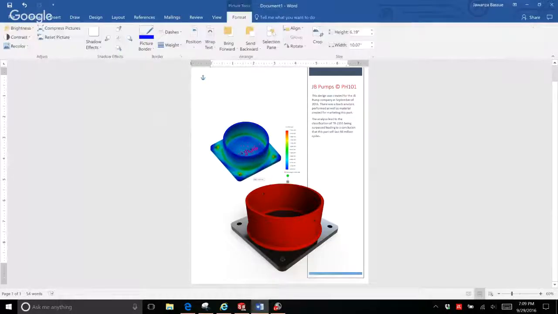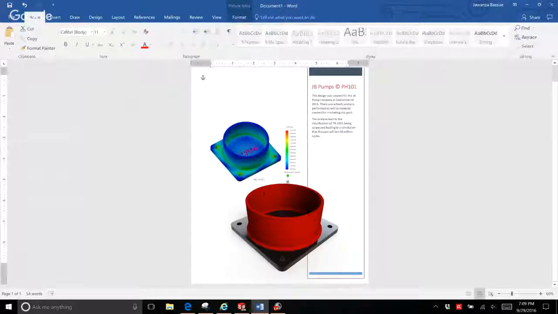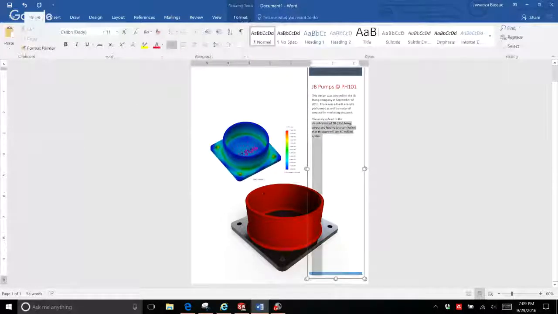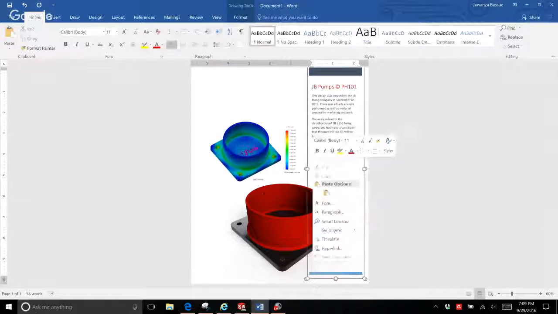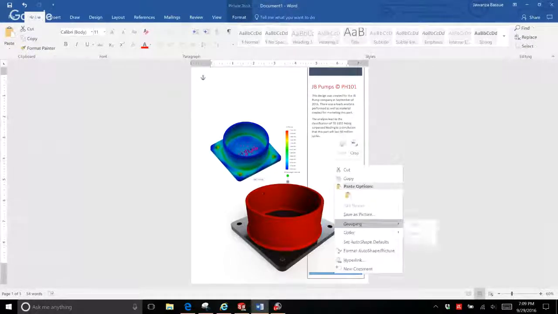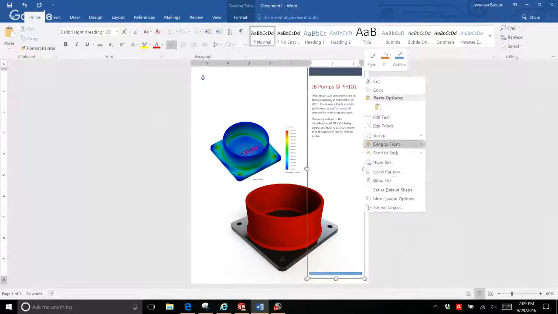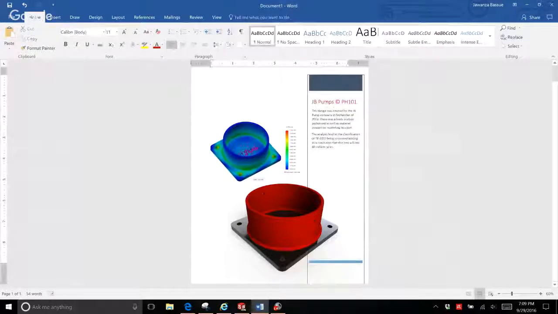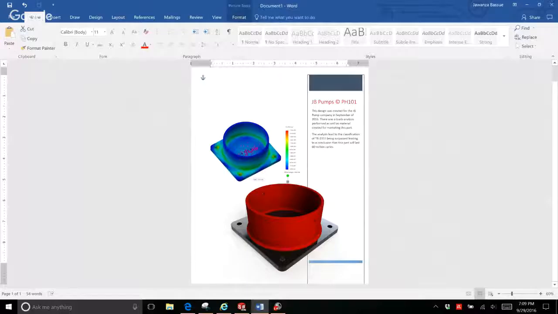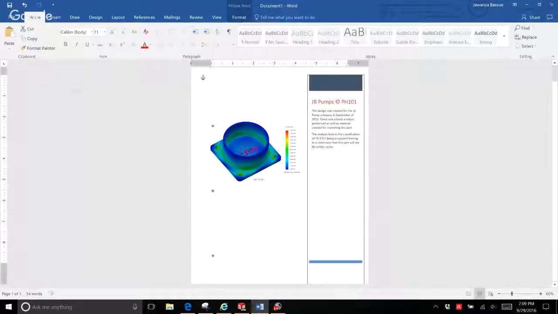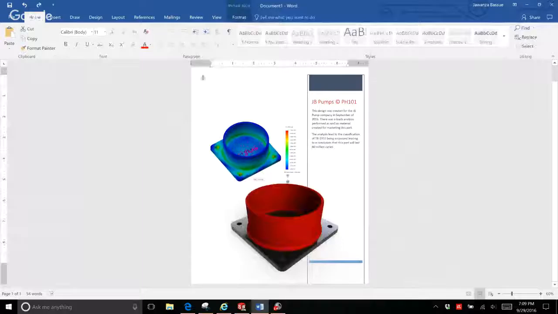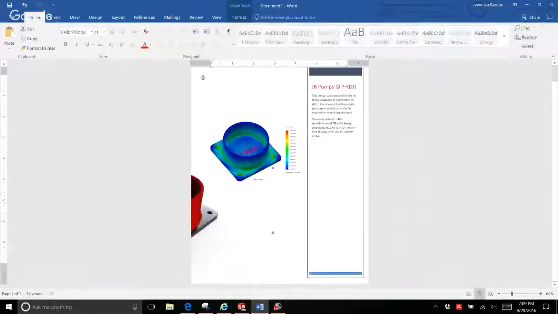I can also, by double clicking a million times, find a way to edit the color at the bottom there. I really want that part. I just don't know how to get to it. Could I ungroup this stuff? I guess I can't. Maybe this is all, okay, ungroup, there we go. If I ungroup that, I hope you understand what I'm trying to do. I'm trying to grab this little bit at the bottom, or maybe because that's in the way. Yeah, okay, that's what it was. The image was actually in the way. So I'll move that aside,